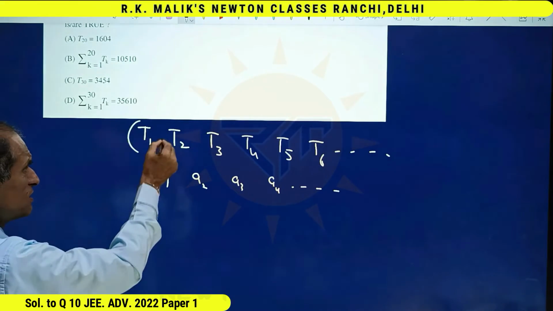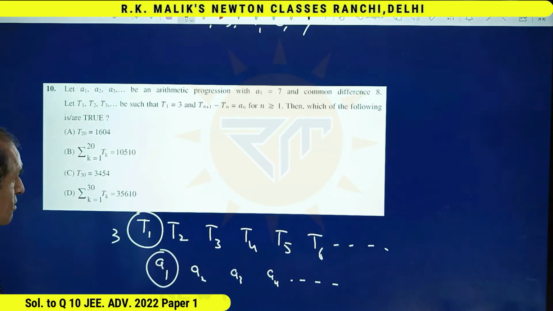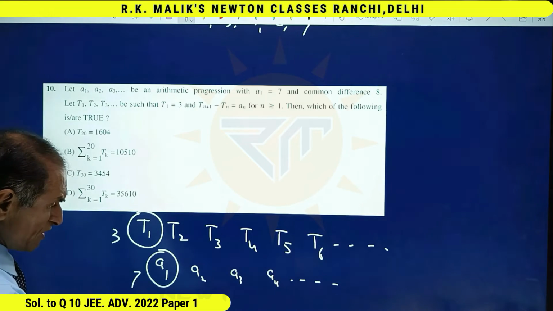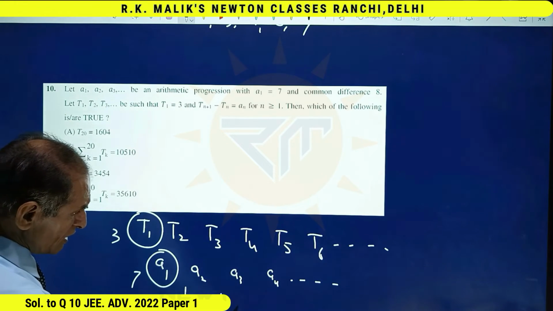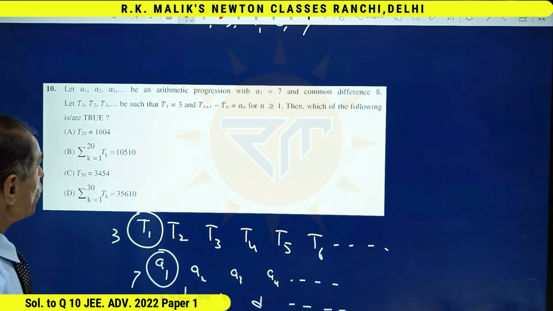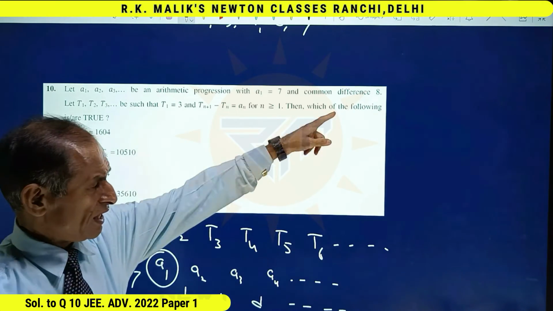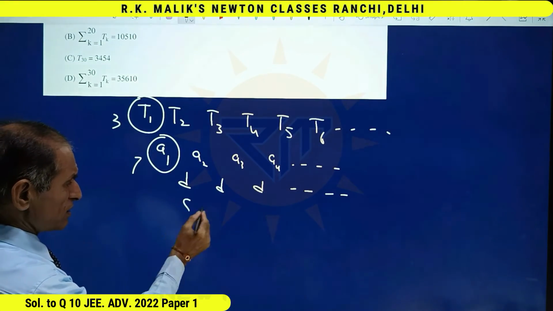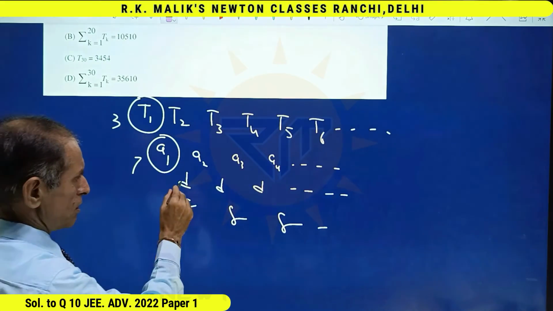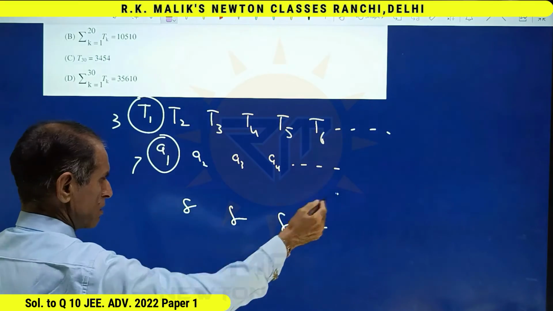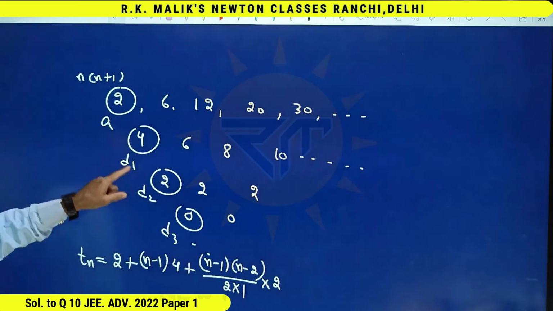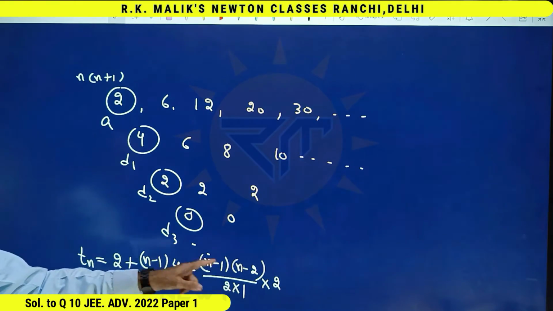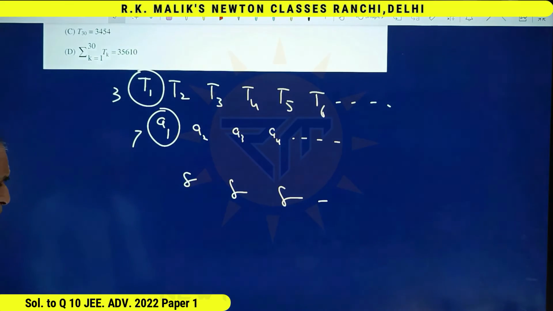According to the question, this is 3, this is 7, and here the differences are common difference, that is D, D, D, and the value of D is given to us as 8. Hence, here I am going to get 8. That is, as I found the value of A, D1, D2, D3 in the previous question, and I got this as nth term, using that same procedure,